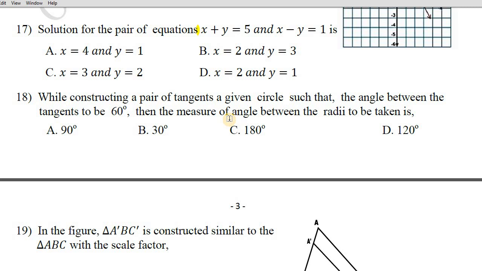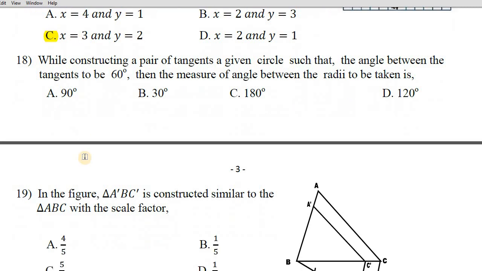You wanted to solve these two equations by elimination method, or else you can solve by using trial and error method also. My suggestion, directly go through elimination method, you will quickly get the answer. So plus y and minus y get cancelled, add x to x, you will get 2x. So 2x is equals to 5 plus 1 is 6. 2 3s are 6. So x value you will get 3 and y value obviously will be 2, because 3 plus 2 only will give 5 and 3 minus 2 gives 1. So here the correct option is C.